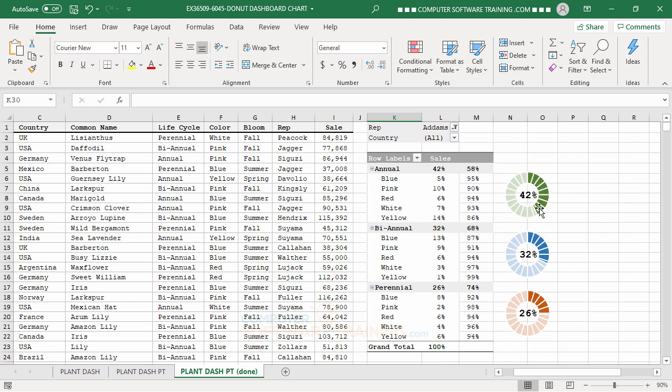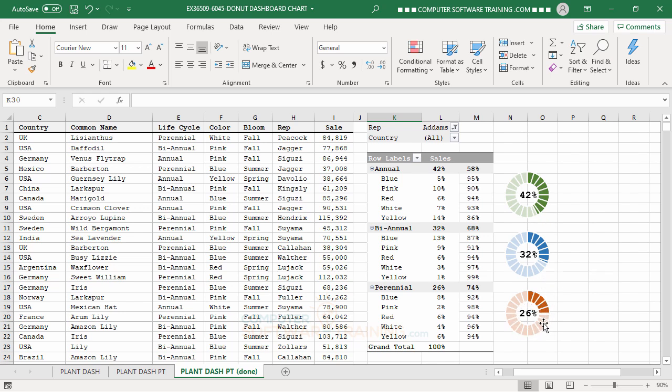This one represents each of these numbers, like this number here, or this number here, for each of these, right? But we have this in the background as well. Now, in order to get that effect of it revving up to 42 or revving up to 32%, and then showing where it isn't at, so this is just 32, 42, 26,